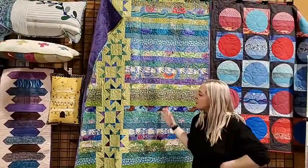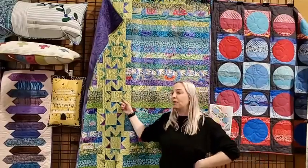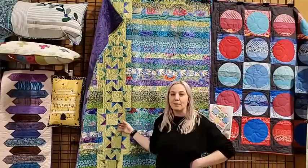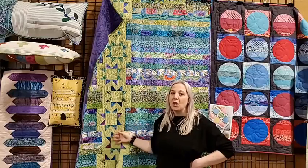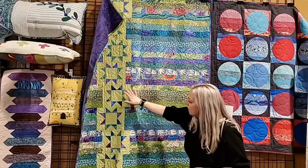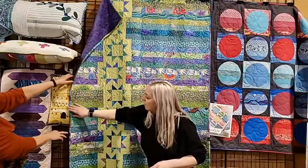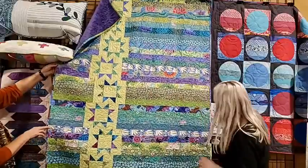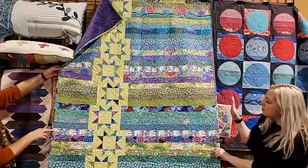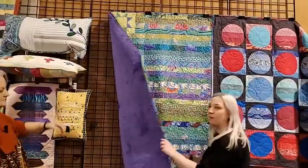If you love the design idea, but maybe you don't like doing points, you could replace it with a different block that's the same size. So it really opens up other opportunities for quilts. I did the Cafe scrappy binding. Thank you. And like I said, it's just completely different from what the book